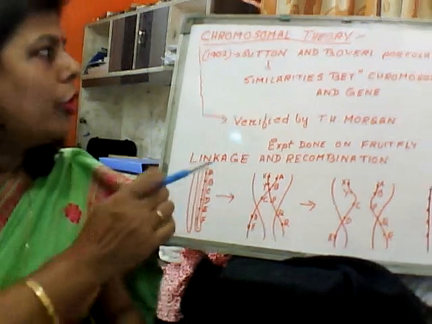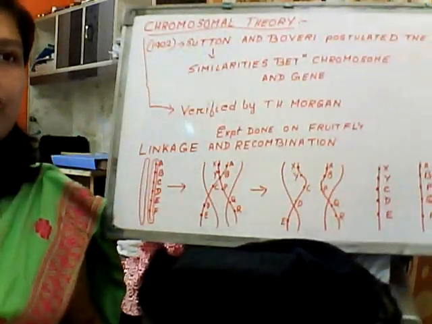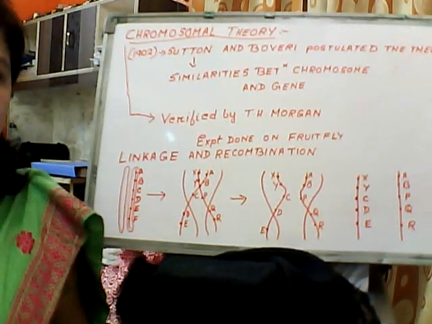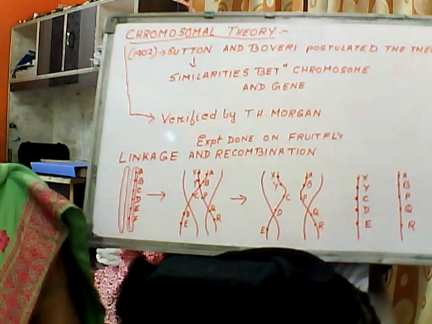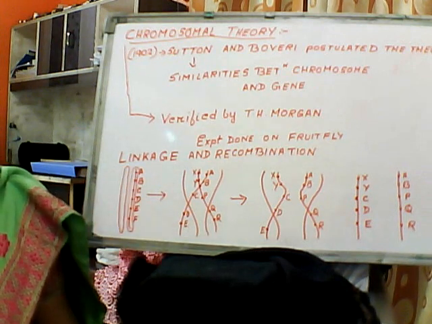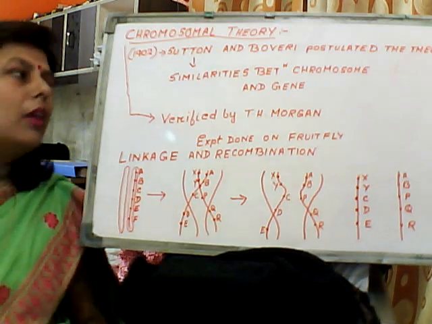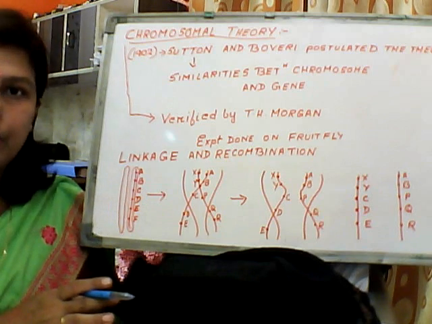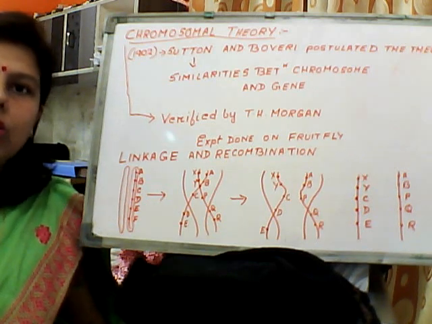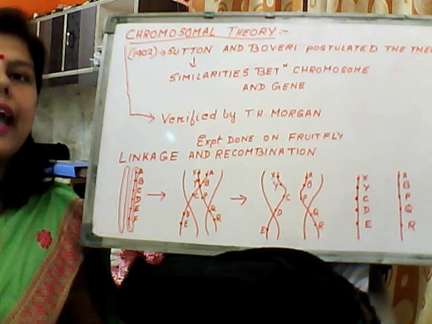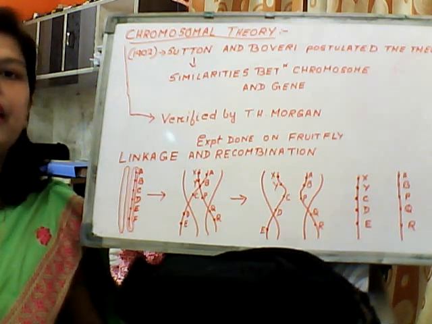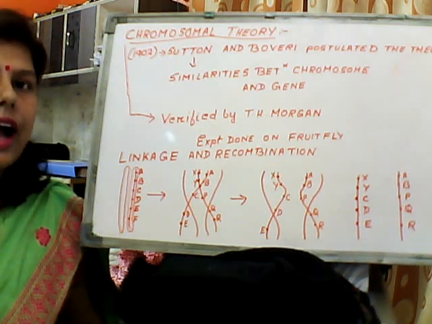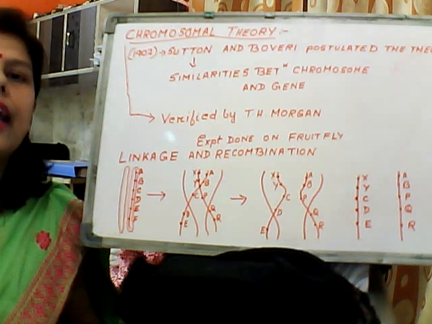Now I'm going to explain about the chromosomal theory. Now children, in the chromosomal theory, you are already familiar with Mendel's laws. There you have studied the three laws. Though Mendel had explained those three laws before 1900, they remained unrecognized for many reasons. Sometimes questions are asked why they remained unrecognized till 1900.